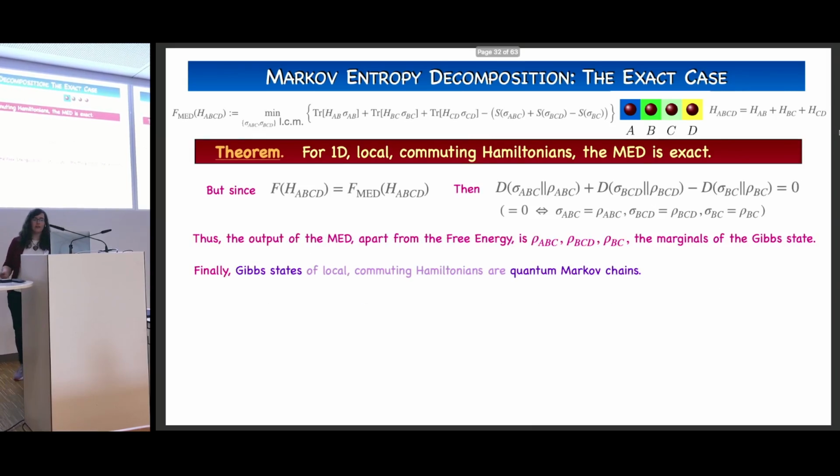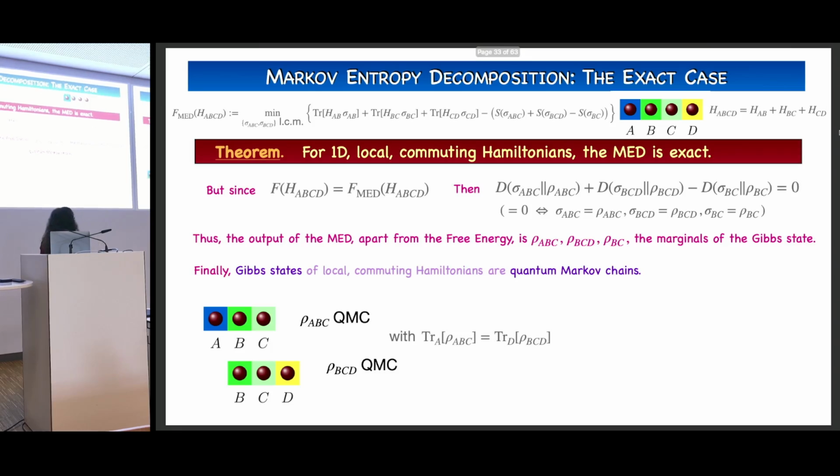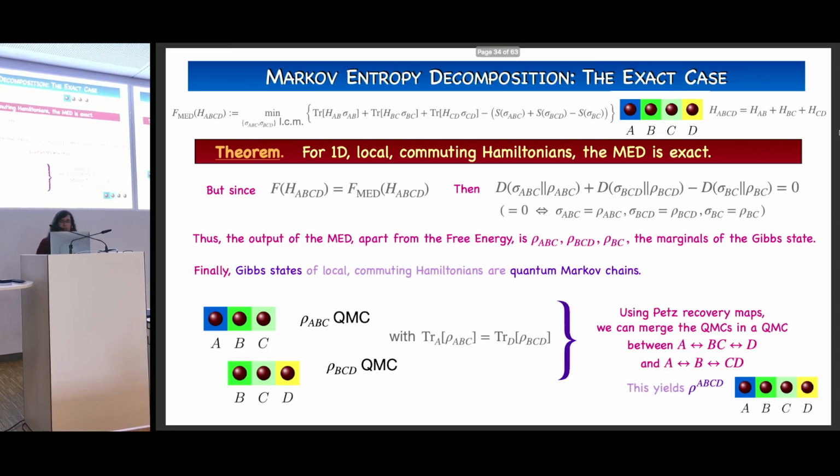So the last part that remains is to merge them. And the way to merge them is the following. If you have Gibbs states of local commuting Hamiltonians, we know that they are quantum Markov chains. And this is crucial, because now we are going to use that we can merge quantum Markov chains. We have a quantum Markov chain defining ABC, and another quantum Markov chain defining BCD, such that in the BC part, they exactly coincide. Then it's very easy, this is an exercise, it's very easy using Petz recovery maps